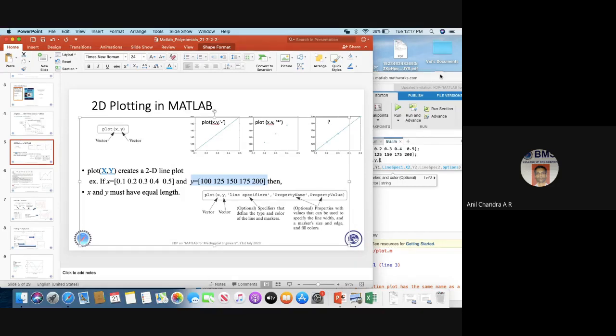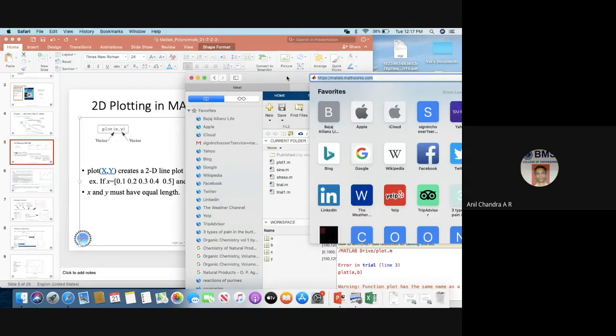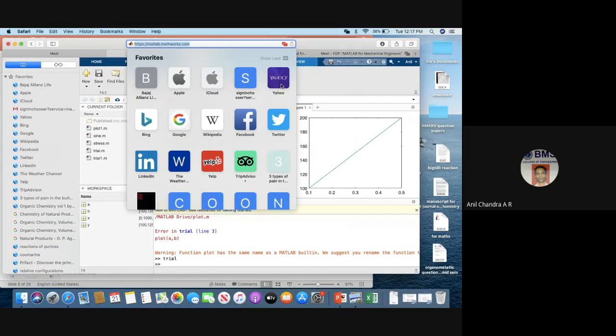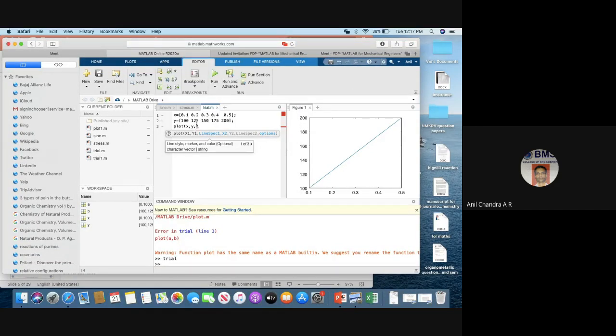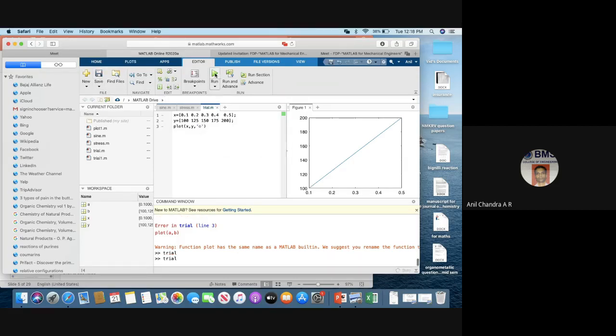So I will put a marker, and you see the line is gone, so you get the markers. But if you want both a line and the marker, you can play around with that and the color of the line as well.